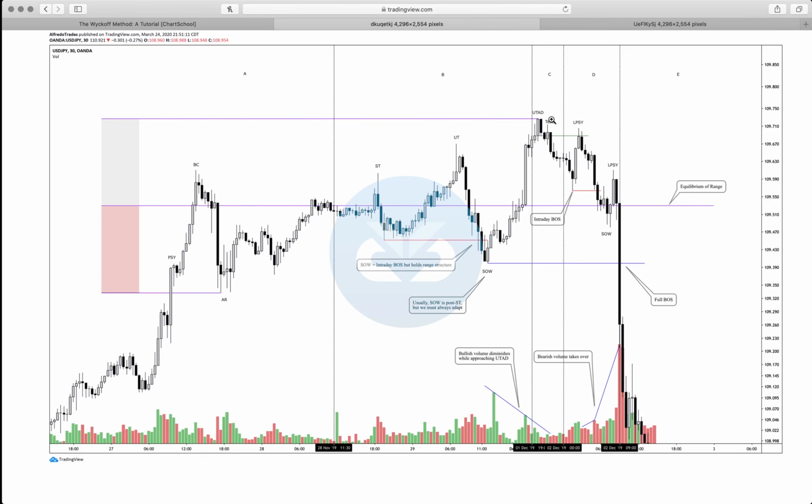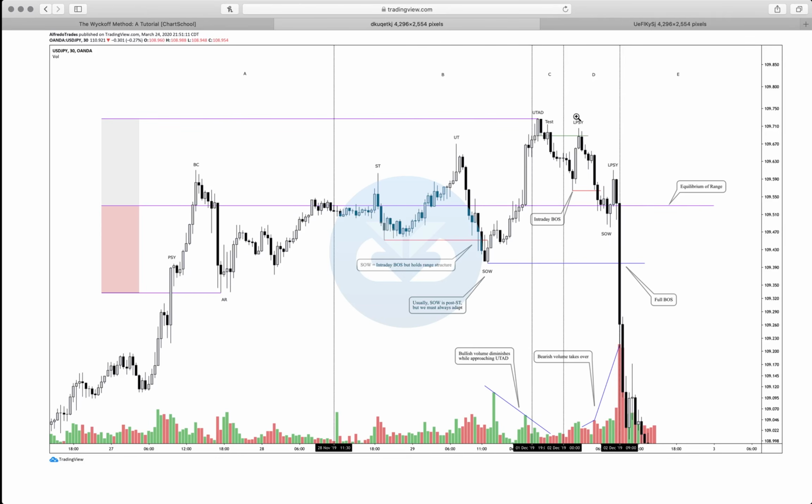So then you see UTAD test, pull back, fill inefficiency here, as you can see from this wick here, right? So now the last rally, still no volume existent, right? Still considered diminishment of volume, but now we can start even potentially looking for entries here. This is more aggressive, so it's not really the best entry, but it's not really the safest,